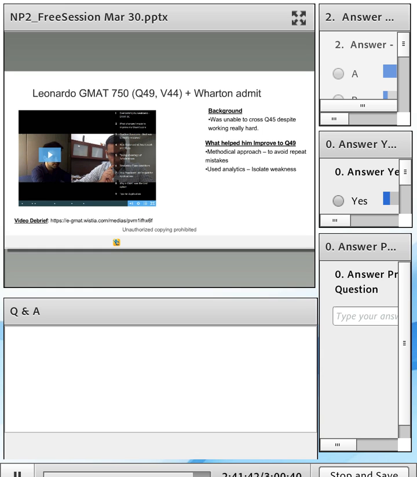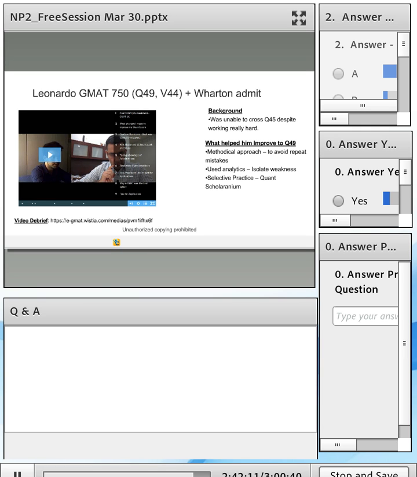Once he had the approach right, he made extensive use of the analytics that Quant Scholarinium provides to isolate the areas that he needed to improve upon. He then used the custom quizzing feature to ensure that he had actually improved. And because of his decent quant score and excellent verbal score, Leo was admitted to Wharton, Stern, and Tepper. And that is the power of doing things right when you're preparing for the GMAT.